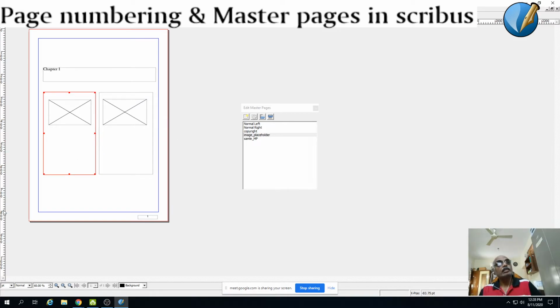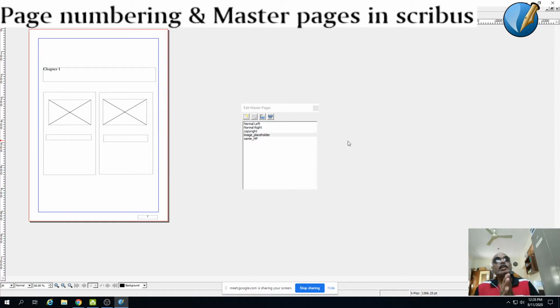So again, we have created another master page which will hold two image frames. Here I am going to give out another box which will hold the text describing the image. Again, I am going to insert another text frame to hold a small short description of the image.